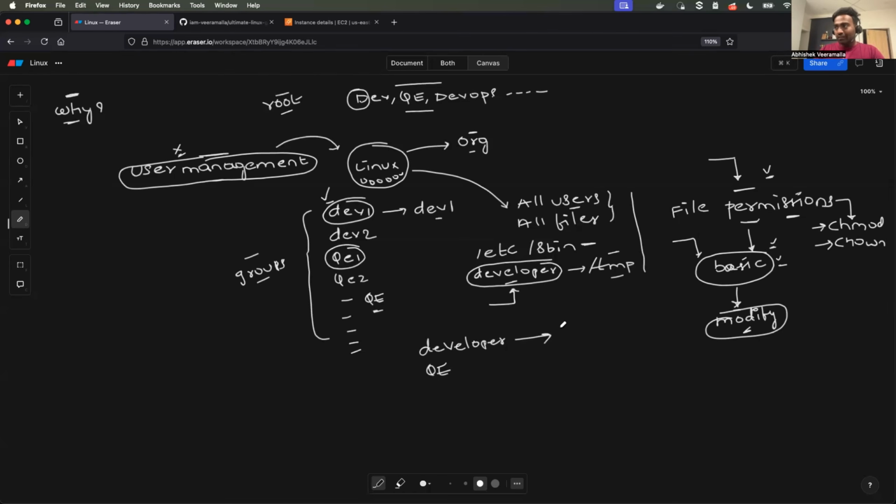Using the developer user within the /tmp folder, I will create a script file. Then I will show you that if I log in as the QE user, I cannot update this file. I cannot delete this file as well, right? All that I can do as a QE user is read the file. So by default, one user can read the files created by other users, but cannot update or delete